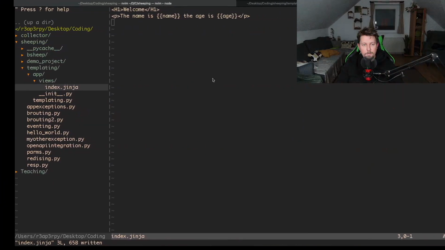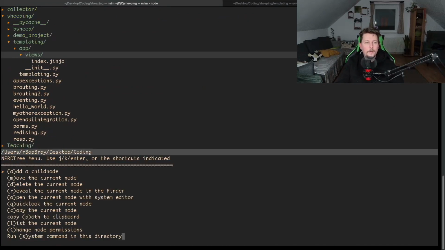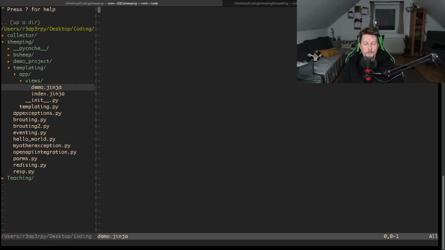And just for demonstration's sake, let's create another template here, and let's call this demo.jinja, and inside this demo.jinja we will have an h1 tag, and we will close this tag, and let's say we have another paragraph which is the key, and we have the value. Let's close this paragraph